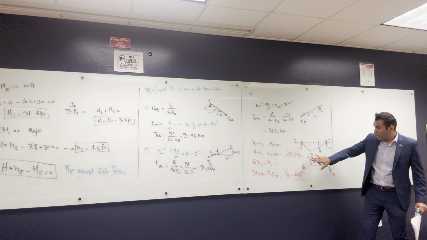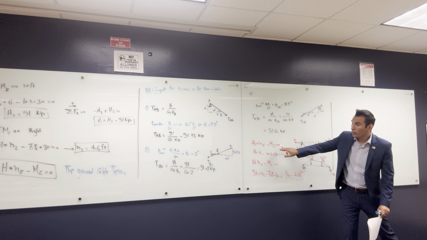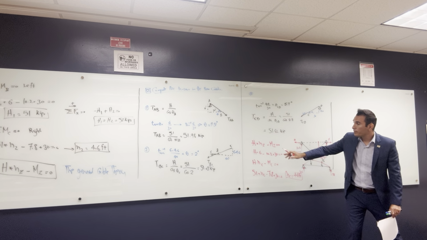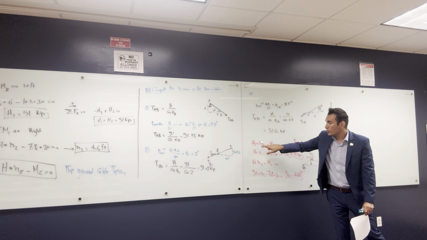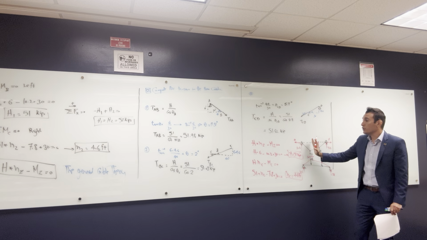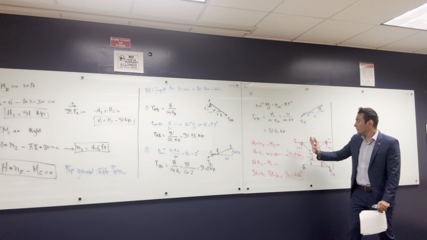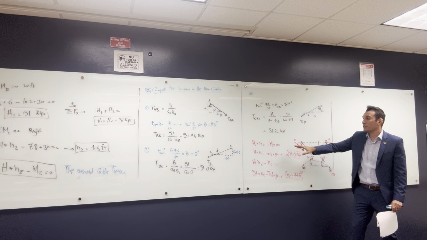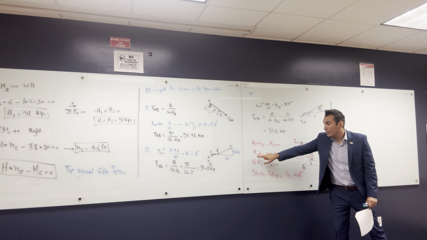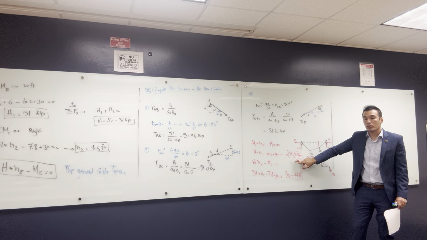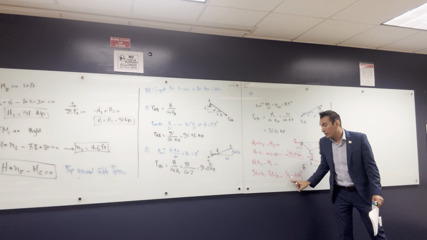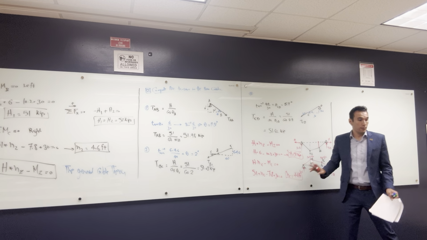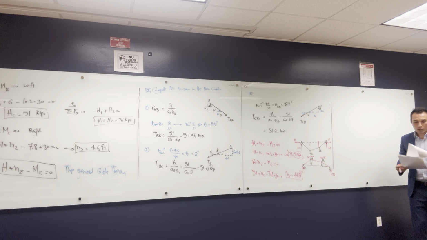And then what you are going to do is use the general cable theory that we have here. At any location, the horizontal load multiplied by the height at the location of interest, minus the moment on the simple beam at the same location, is going to be equal to 0. So once I did this, I got the horizontal force. And then I did the same thing at the other location, and then I got the missing height. So that is what is good about the